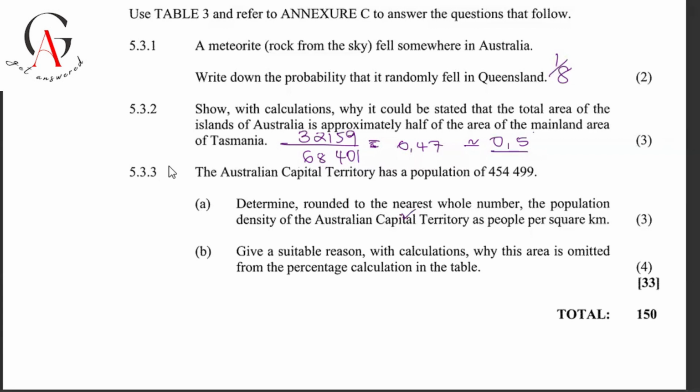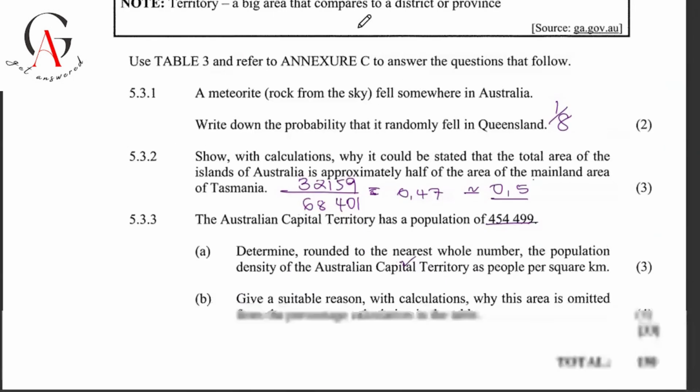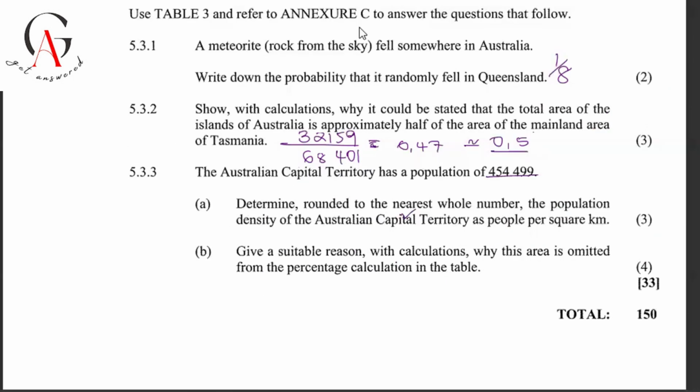So we shall get this number here divided by 2358. It becomes 102.75, but we are looking at humans, so which is